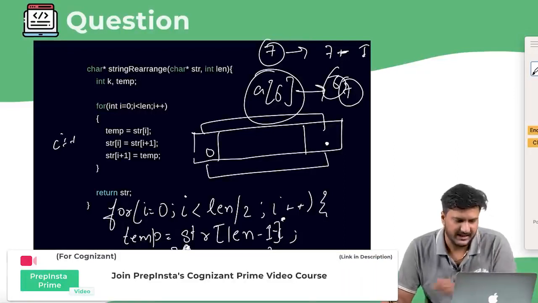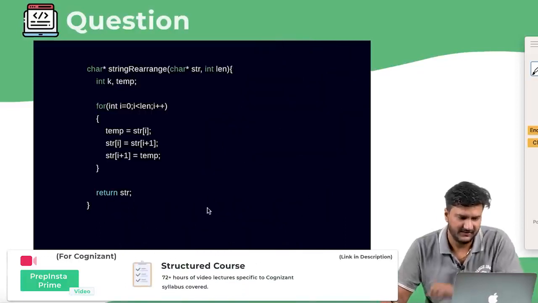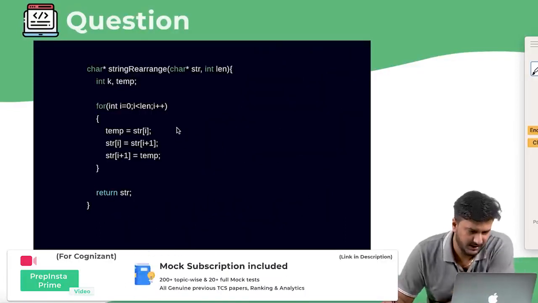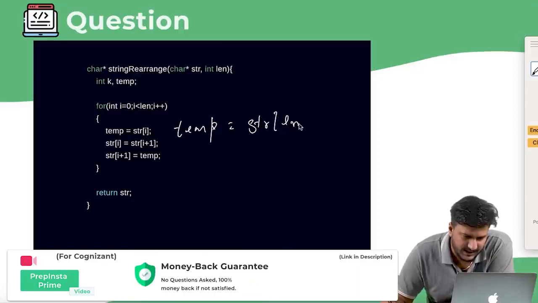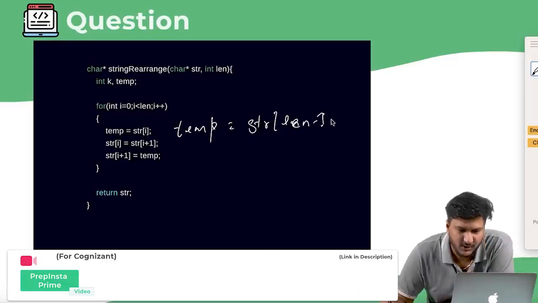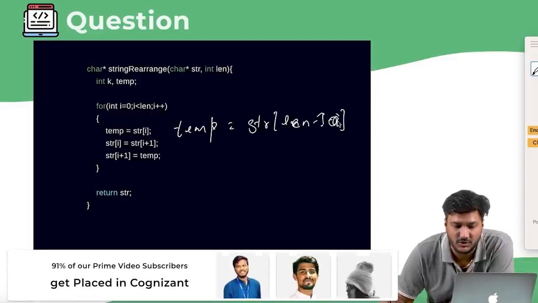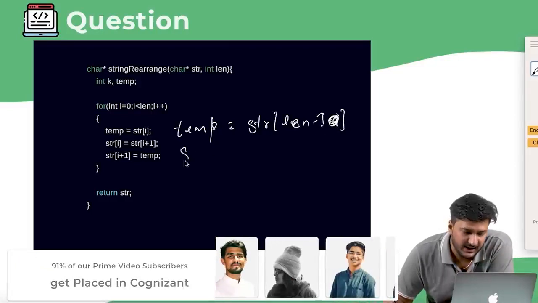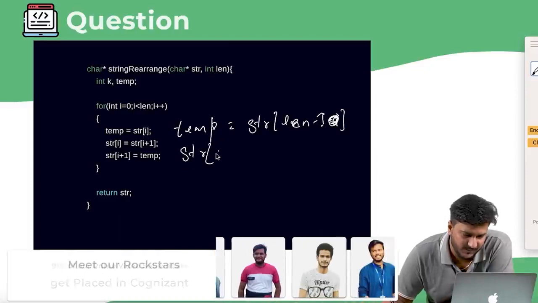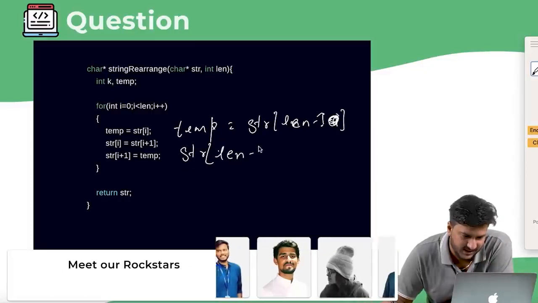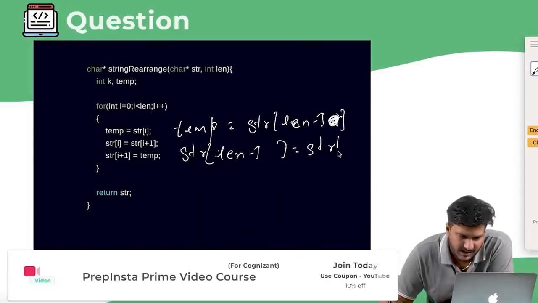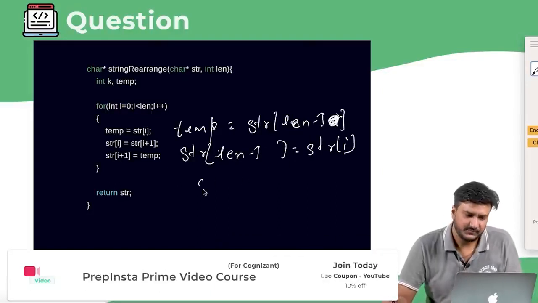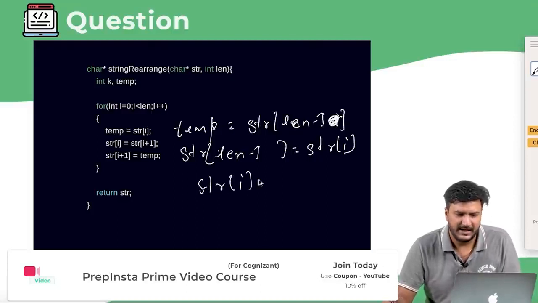Very quickly, temp is equal to, let's say, str of len minus 1. You can write minus i here also if you like. So str of len minus 1, rather than writing it here, you can write str of i, and then again str of i is equal to temp.